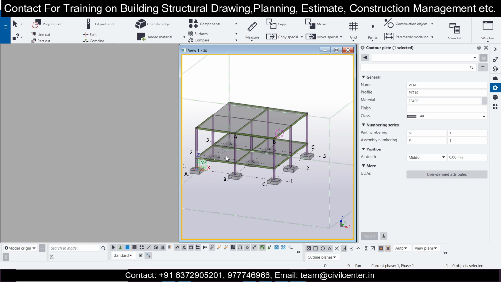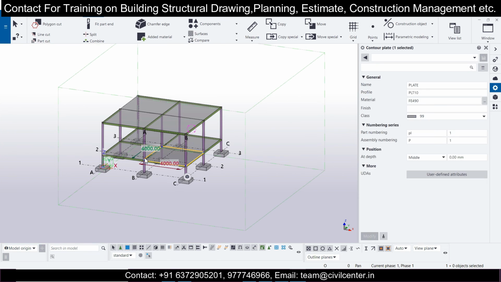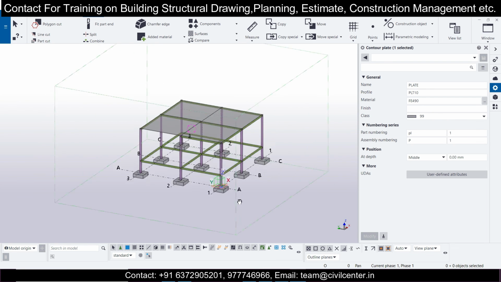So basically in the plinth level, in most cases you won't find this, you will find sand filling, so you don't need this slab. So I'll just select this slab, carefully pressing control. While selecting the slab you need to be careful that the slab is selected, not the beams. Select this and keep deleting this. So this is a model with the plinth level, as you will have in steel structures.